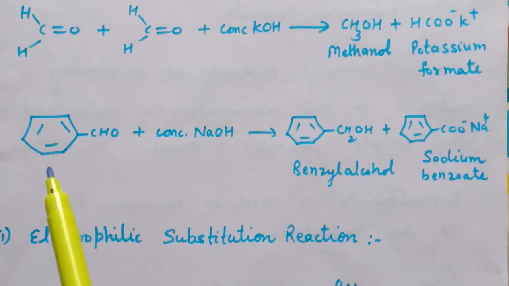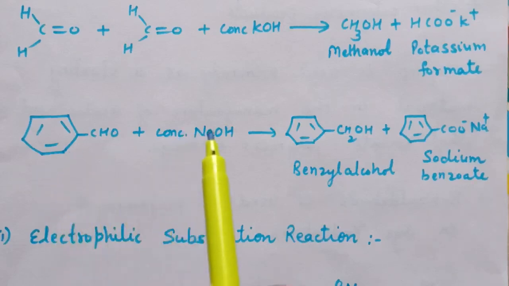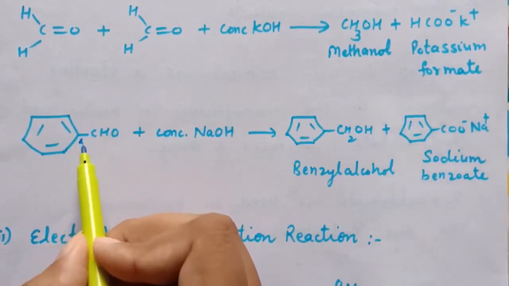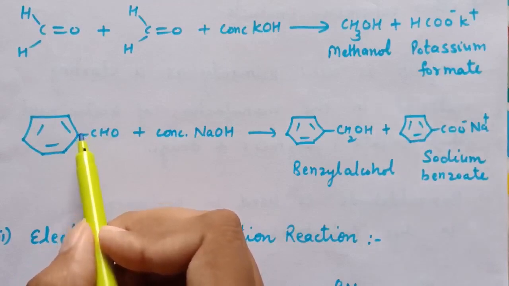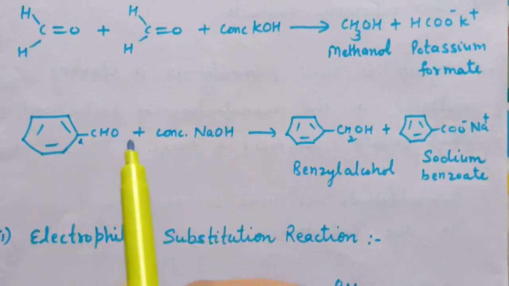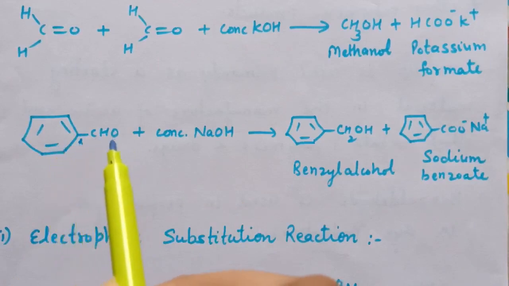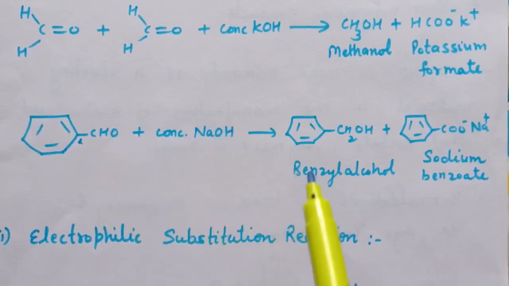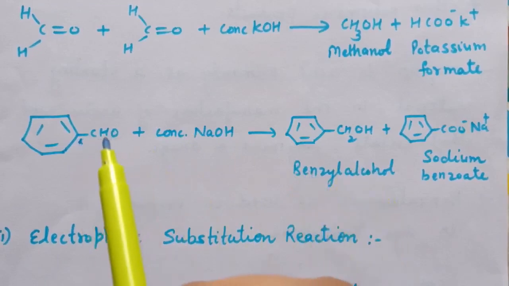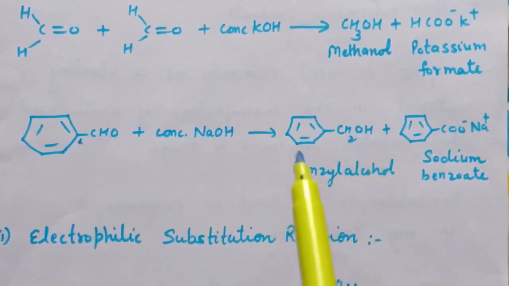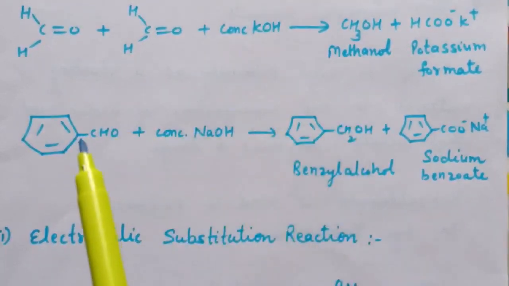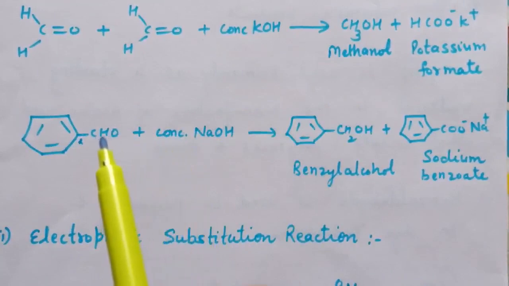Next example is reaction of benzaldehyde with concentrated NaOH. Now again in benzaldehyde there is no alpha hydrogen, this is alpha carbon, but here no hydrogen is present. So in case of benzaldehyde no alpha hydrogen is present, therefore it can undergo Cannizzaro reaction. So benzaldehyde on treatment with concentrated NaOH results in the formation of benzyl alcohol, this CHO reduced to CH2OH. This is the reduction product, and the CHO oxidized to COOH, but the sodium salt of this acid will form,